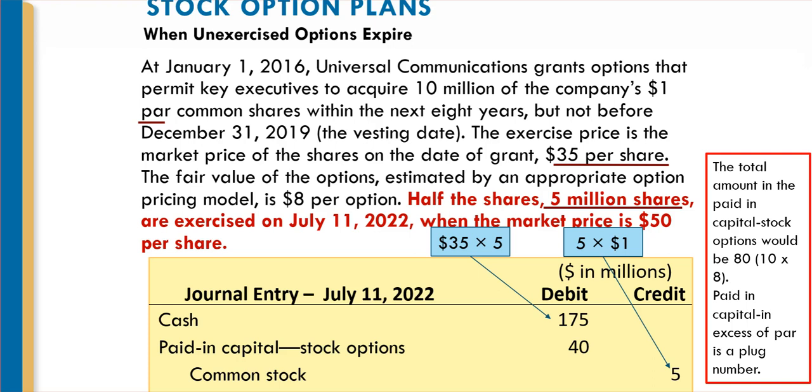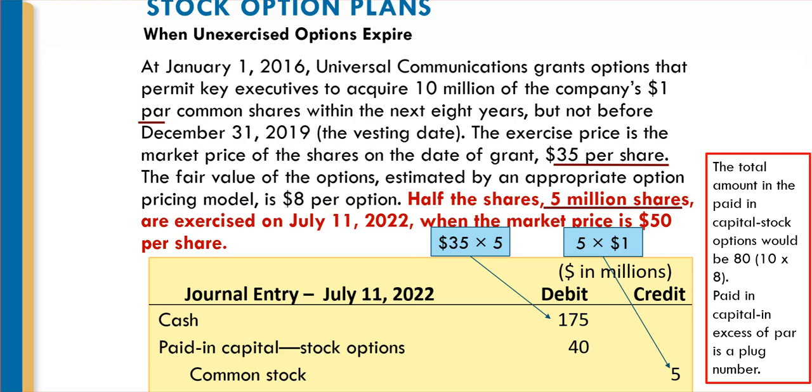The other thing I'm going to do here, which I do not do with restricted stock units or restricted stock awards, is I'm going to see an influx of cash coming into the company from the executive. And the executive is going to pay $35 per share for these 5 million shares. So they're buying the shares of stock, but they are also using their stock options up. They no longer have those stock options.